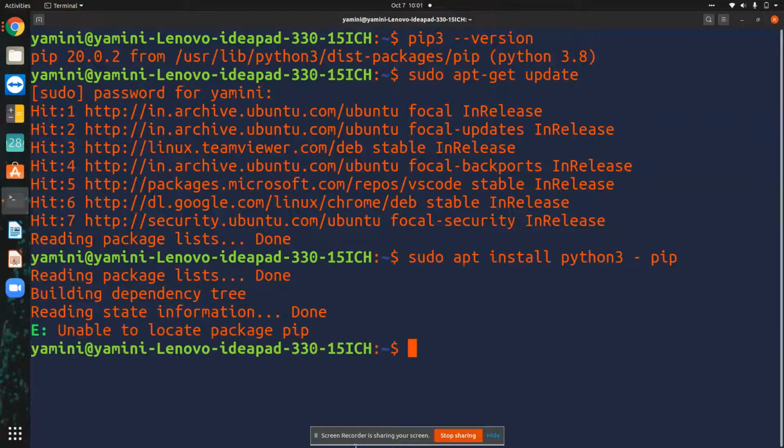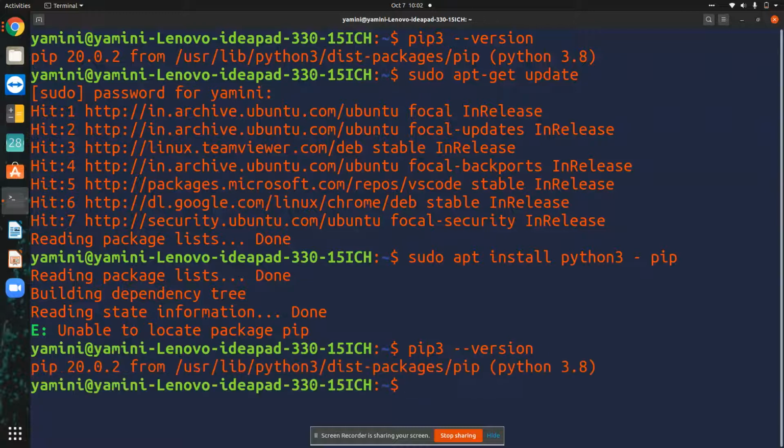Since I already have pip in my system, it shows this. But if you don't have pip and you run this command, pip will be installed, and after that you can check using the same command we used earlier. Now it's showing the version. After installing pip, we will clear the screen.